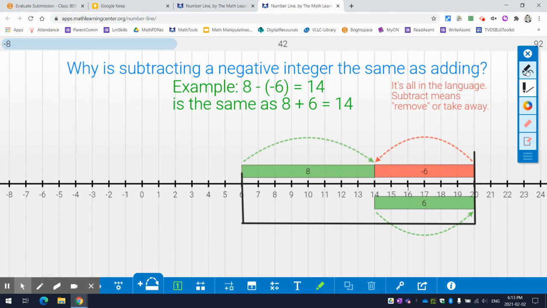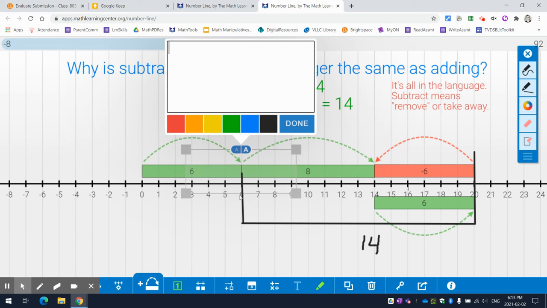This is called constant difference. This means that that is still 14. But what I did here is I have another 6 that I've added onto here. So really from 0, I added on 6. So I actually have a new equation that I have just found here. And my equation looks like this. It is 6 plus 8,